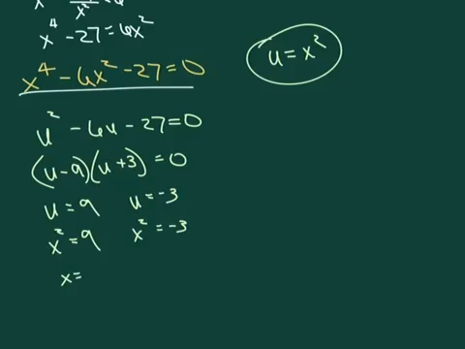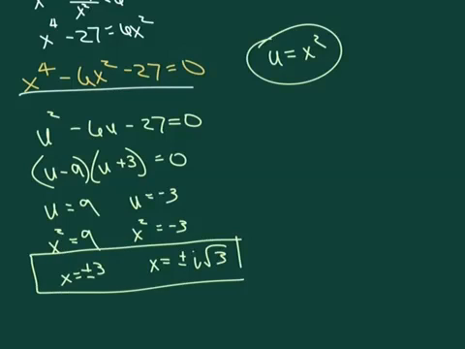So x equals plus or minus 3, or x equals plus or minus the square root of negative 3, which is i square root of 3. So there are my 4 x values. Very important to know that I've got a plus or minus 3 here, and a plus or minus i square root of 3 there. Alright, since y equals 3 over x